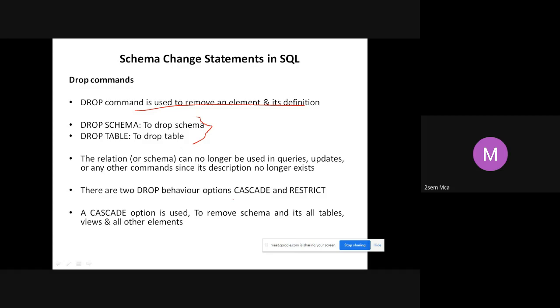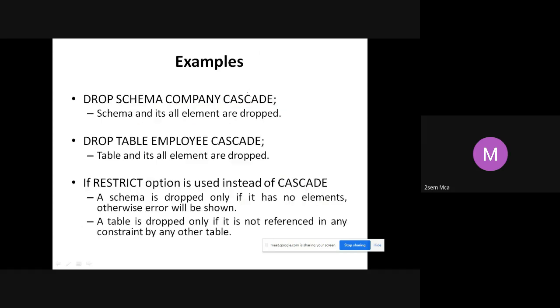Again here, there are two drop options, cascade and restrict. If you say cascade, see, a schema is going to consist of many tables, is it not? If I want to drop a schema, cascade means all the tables in that will get dropped. Restrict means there is some restriction. But we don't use this option. We just say drop table. See here, drop schema company cascade.